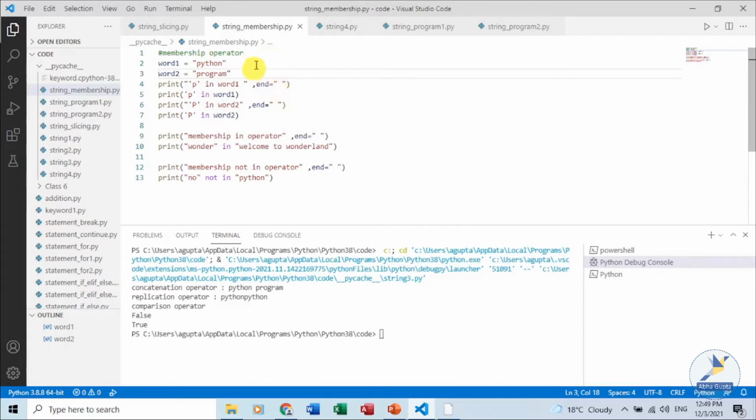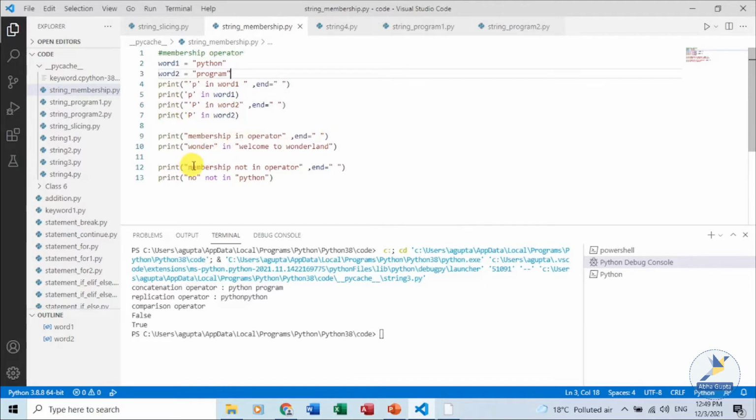For example, we have 2 variables with the values Python and program, and in the first print statement, we are trying to check whether P is present in word 1 or not. If it is present, it will give me the result true. If it is not present, it will give me false, as in the second statement where we are trying to check whether capital P is present or not.